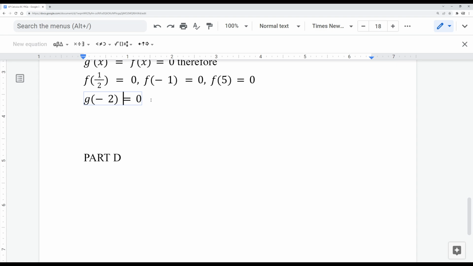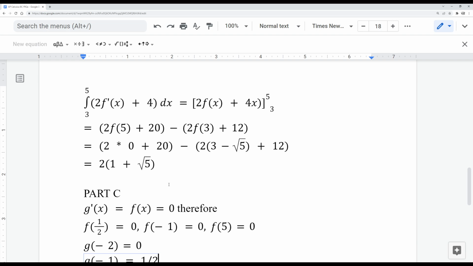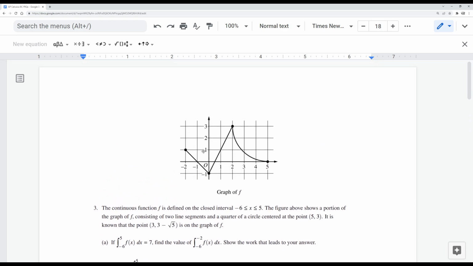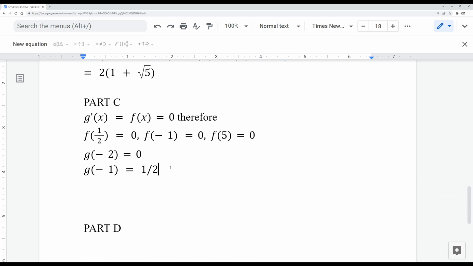So again, we're trying to find the maximum value for g right here. The maximum value is somewhere along this line right here. So let's just plug in g of -1, and that's 1/2. Why? Because you substitute the integral from -2 to -1 of f of t, which you can see is that little triangle right there. So that's 1/2. And g of, actually we can just do 5 because we want to go to here now,